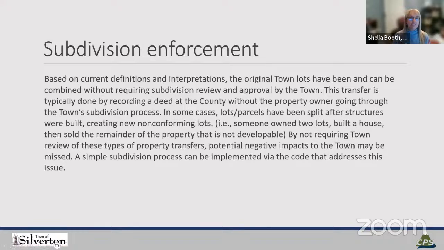But if they then try to sell one off, it changes the dimensions on that existing structure, and we don't have a chance to make sure they're not creating a non-conformity. It doesn't affect them until later, if something happens to the structure. Non-conformings aren't really that bad of a thing. There are ways to work with it, but that's the only issue that comes up if they're selling off that third lot and haven't built on it.